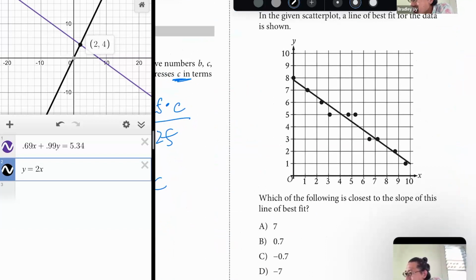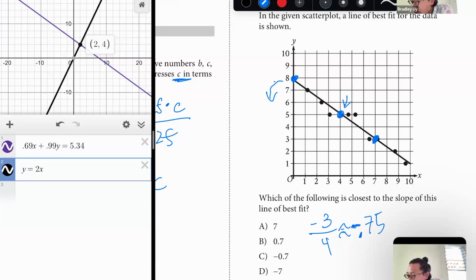They want the closest possible for slope. You can use any 2 clear-looking points in your mind for slope. For me, I don't know, that looks pretty close, and I'm just scanning along. You could choose this point, it's pretty close, or this point, okay? So note, if we went from here to there, the rise is -3. Why? Because I'm going down, because I'm choosing to, and the run is 4. So this is roughly